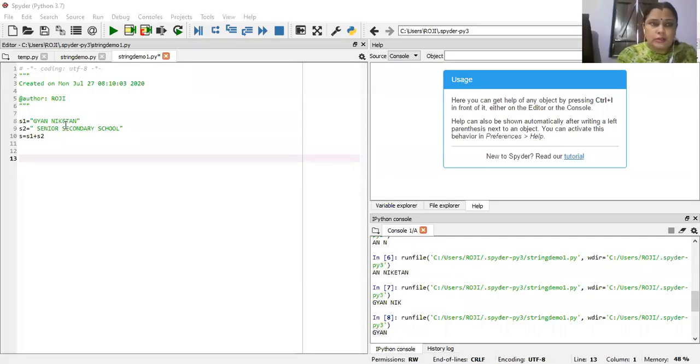Here s1 equals Gyan Niketan, and s2 equals Senior Secondary School, and s equals s1 plus s2.